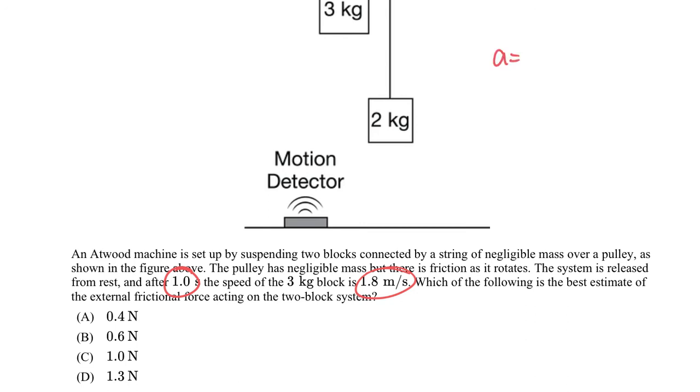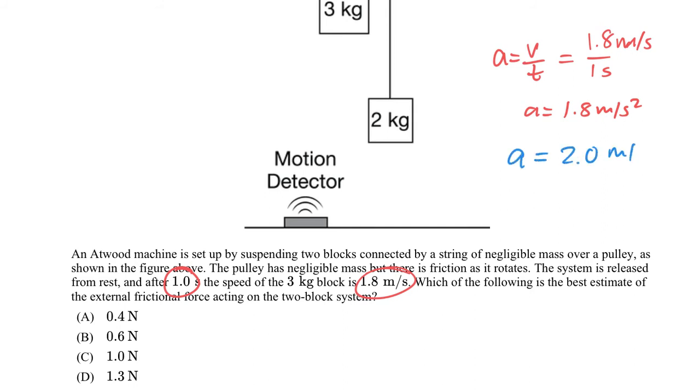Remember, acceleration is velocity over time. So in 1 second, the block accelerated at 1.8 meters per second. So acceleration is going to be 1.8 meters per second squared. We found from our equation, from our previous question, that acceleration is supposed to be 2.0 meters per second squared. So where did that